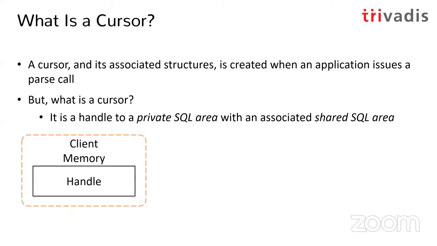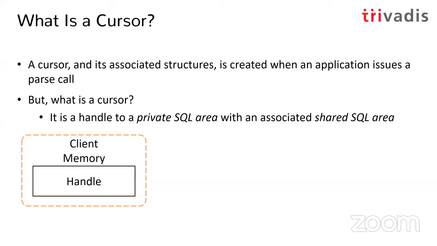We can see that I have the client memory. It doesn't matter where the client is running. I am on a specific computer. This computer has a piece of memory, and in memory you have the handle. And the cursor, technically, I would say, is this handle. There's not anything else. So this handle, as I said before, is a memory structure that gives you access to